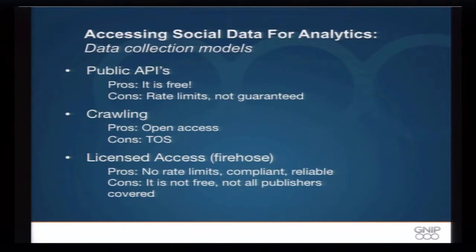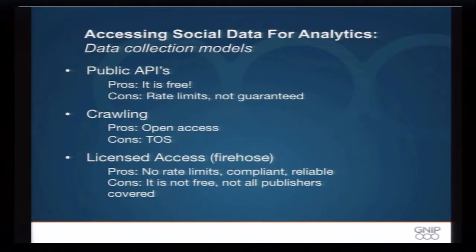Another way to get data is crawling. With all of these, by the way, there are some pros and some cons that you can read for yourself. If we're going to be crawling data, we're not going through a public API. We're going to actually visit the network and look at the information through a bot or some sort of crawling program, and pull some data out. We're going to hopefully get it structured and organized, basically by walking through the site, if you will. I think there are folks who can speak to this with more clarity. I'm not an expert in this area.